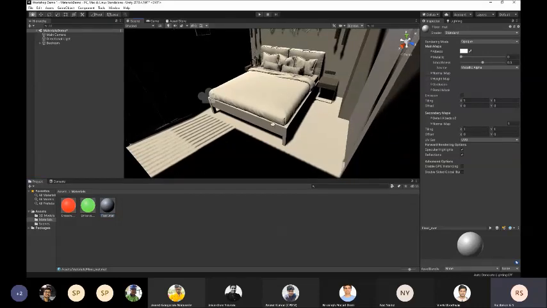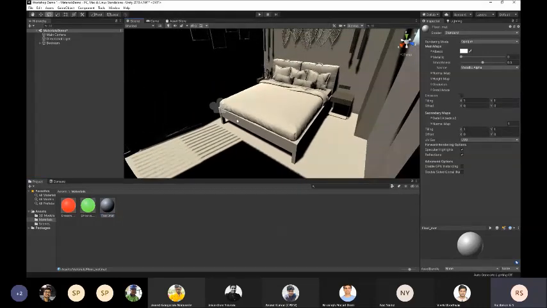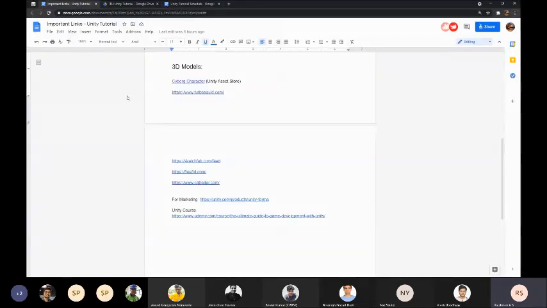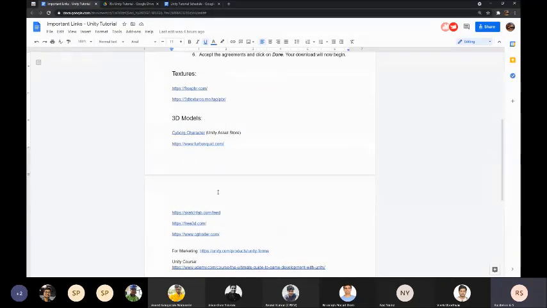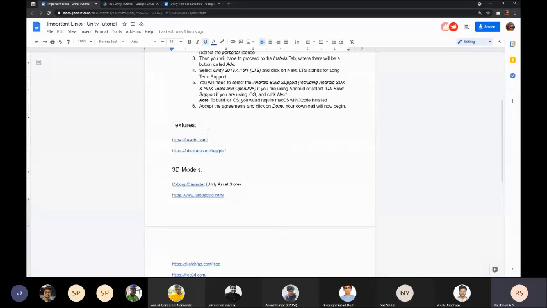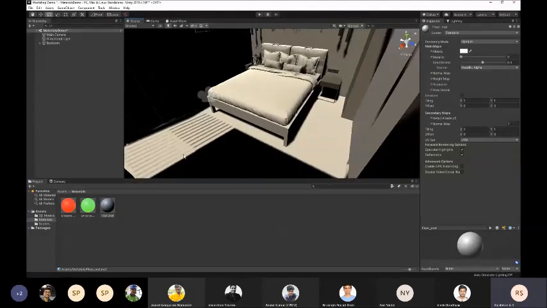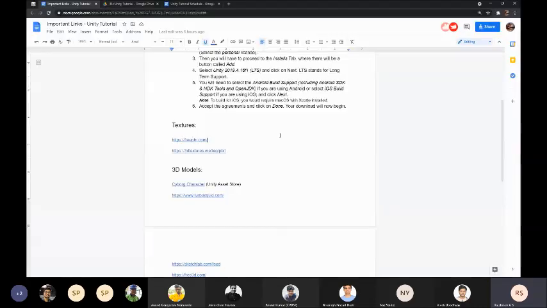What I haven't talked to you about is how to get access to the textures. If you go back to my links, I told you about 3D models, but I didn't mention the textures. We need textures to accurately reflect, to give real life properties to that material. We are now doing it for the floor, so we need something that can actually look like the floor.